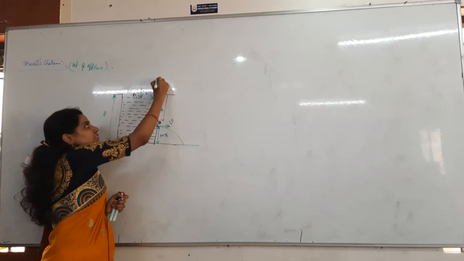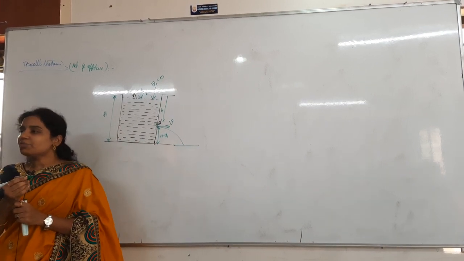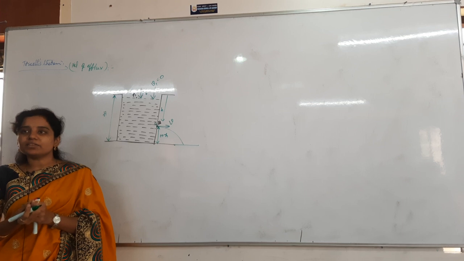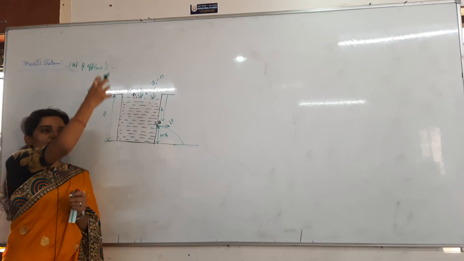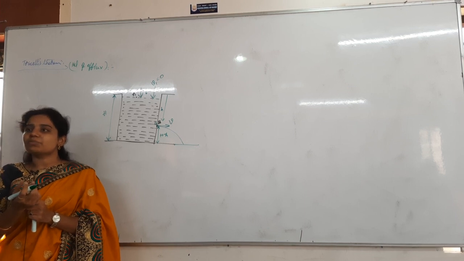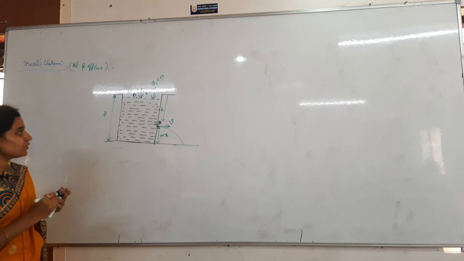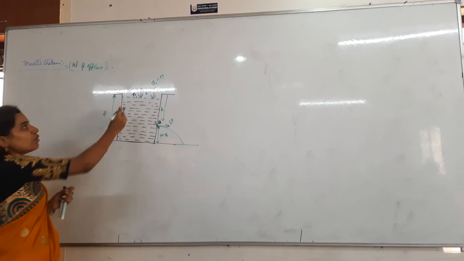Can I say that V1 is equal to 0? V1 is equal to 0. Why? Because it is falling freely, right? This water level is just falling under gravity only. It is falling freely, so the initial velocity becomes how much? 0. And one more thing you have to remember is that this is open to the atmosphere,